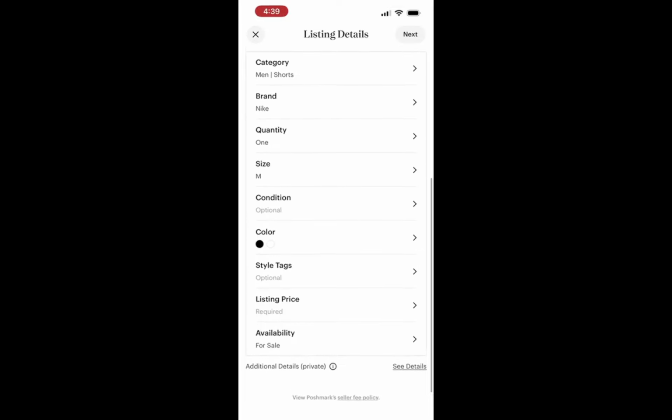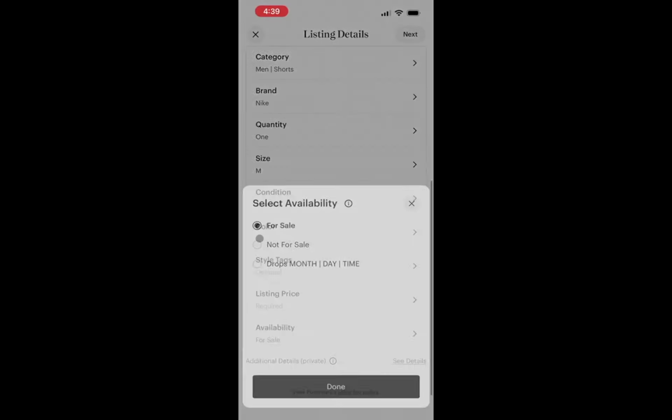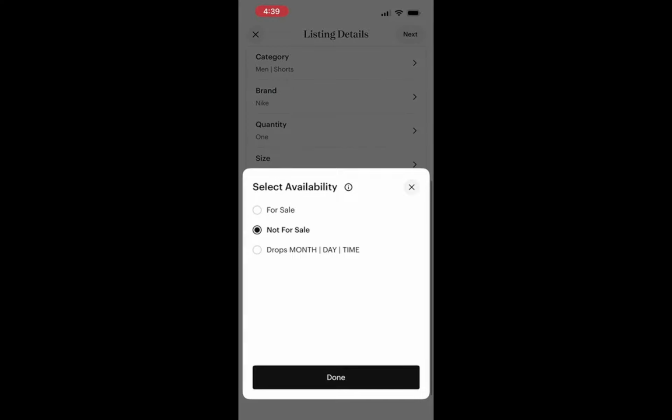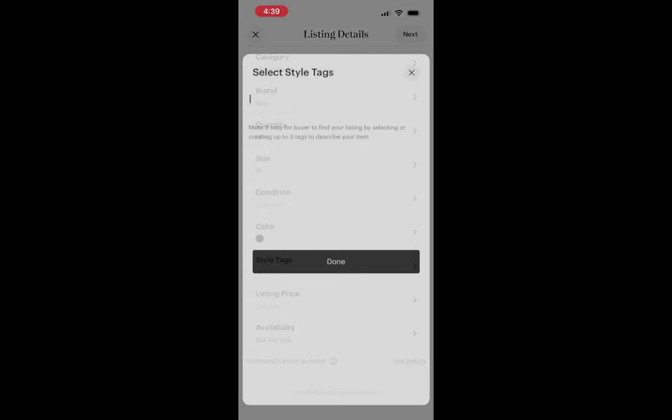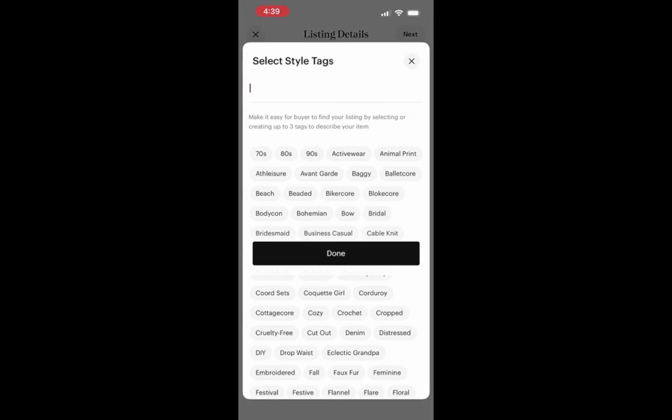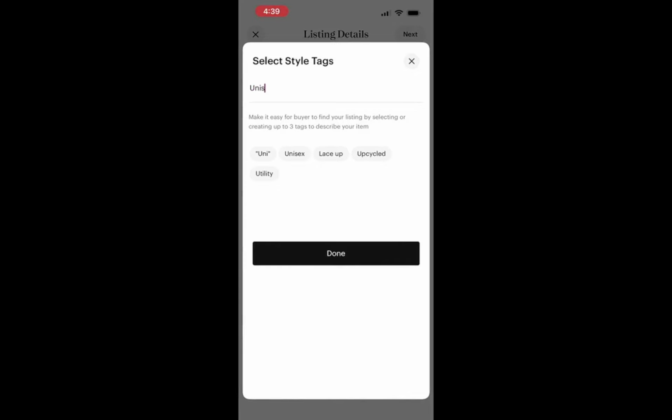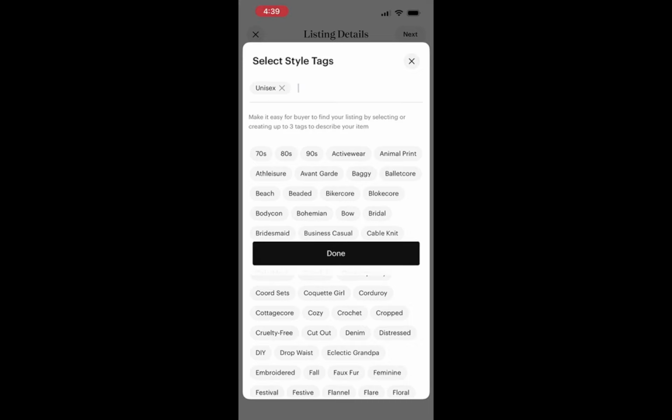Finally, set your price and tap List to publish your item. Make sure you choose a competitive price based on similar items. Once you list your item, it will be available to the entire Poshmark community. This is the moment when all your efforts come together, allowing your item to be seen and potentially sold.